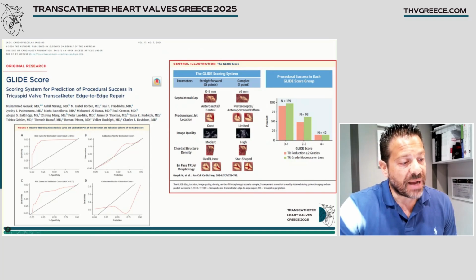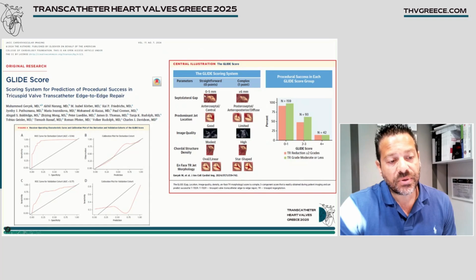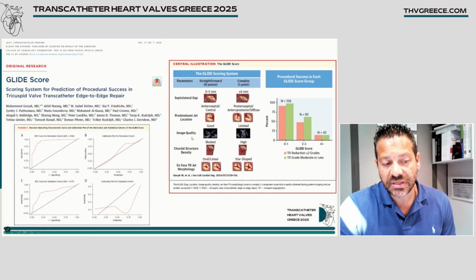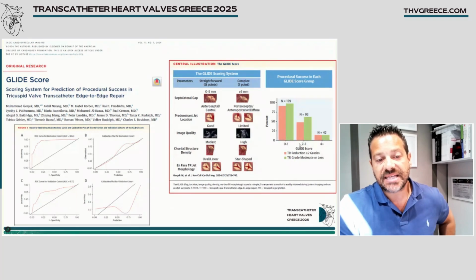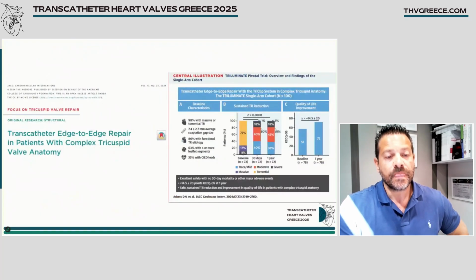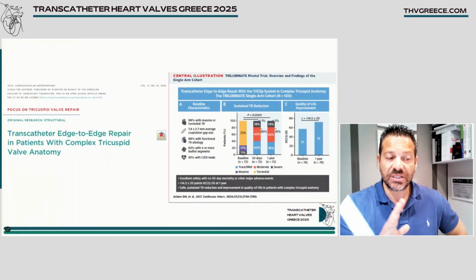It was recently published, and includes the gap, the jet location, the imaging quality, the chordal structure density, and the TR jet morphology. If we use this GLIDE score, we can predict which patient will have success at the end of the procedure. And of course, as I said before, we shouldn't easily reject a patient from edge-to-edge repair